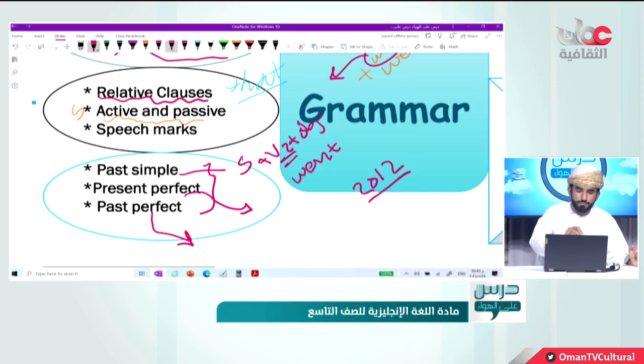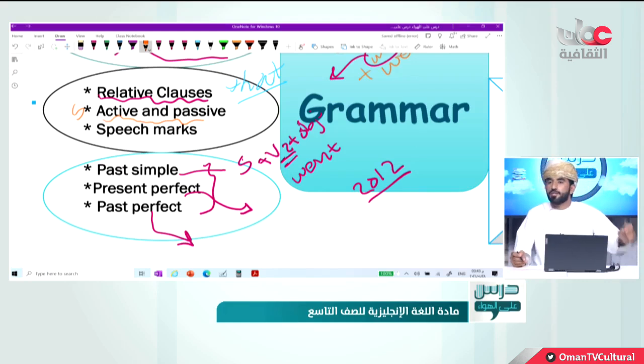And we said something about past perfect. Who can tell us something about past perfect? Focus, please. In past perfect, exactly, group A. Two sentences. How many sentences? One, two. Two sentences must be there. It means two actions. One action and another action. One action happened before the other, and it must be in the past perfect tense.